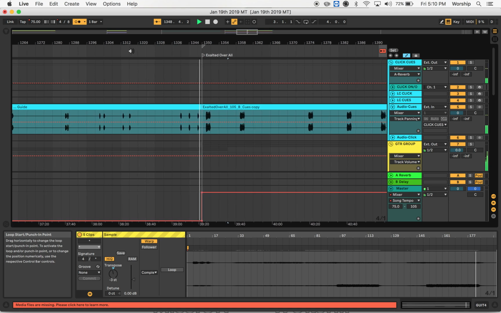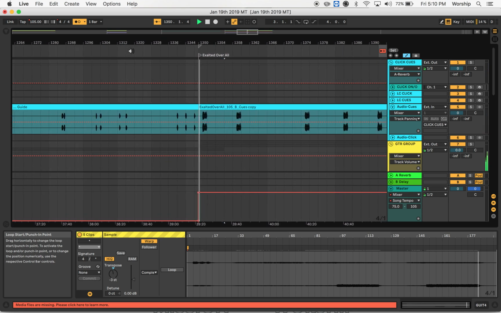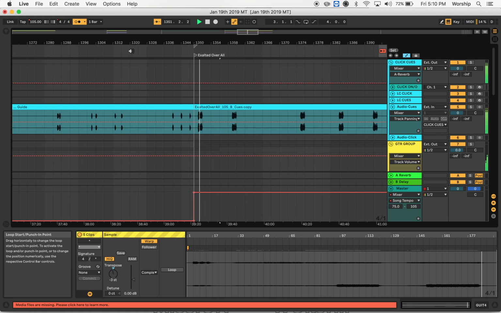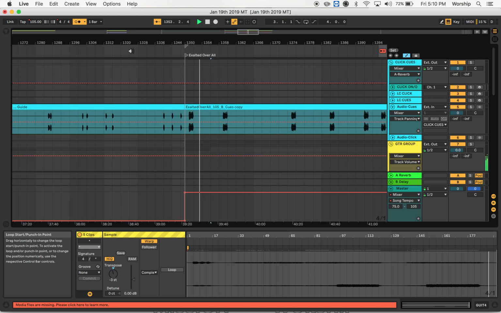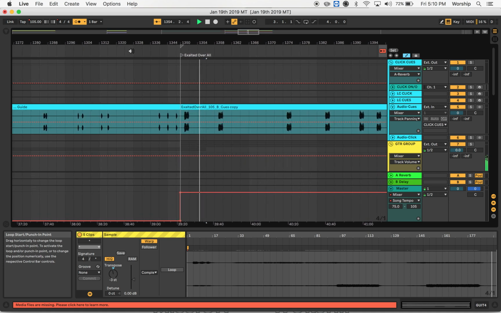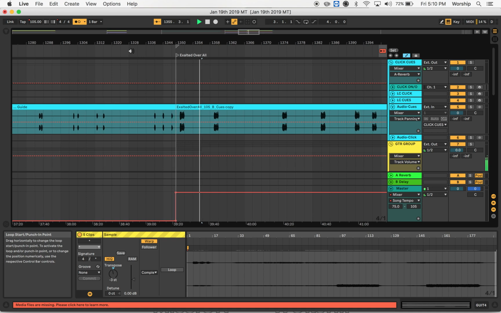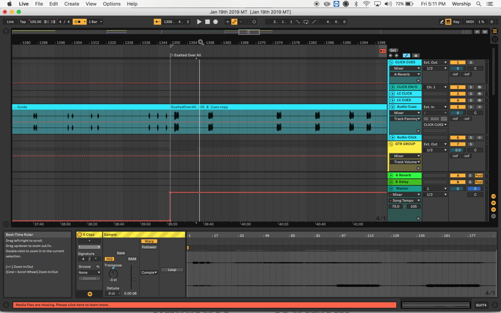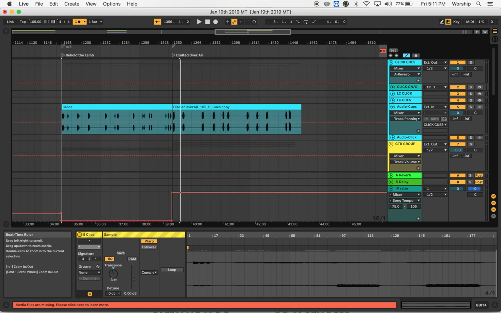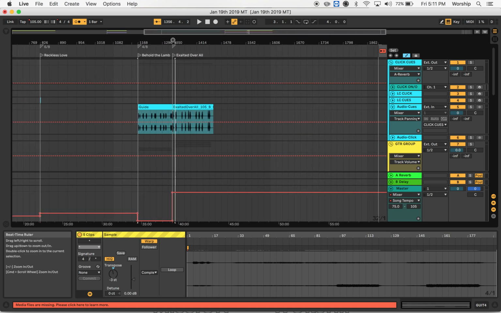Ending. For end. Intro. 2, and then 3, 4. So that's really tight. You might want a little bit more space in there, but that actually feels kind of good to me, so I'm going to leave it like that. So that's how I edit this in order to make my flow very smooth. That's a pretty smooth flow there.